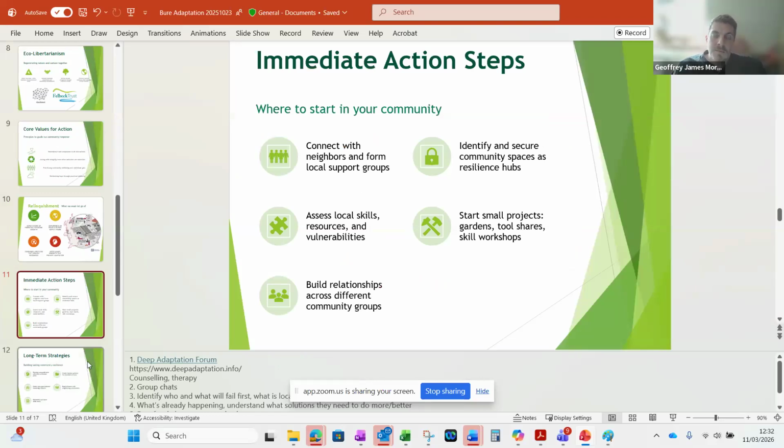So I've just put in some sort of project style steps. The things that communities can do immediately is connect with neighbours, identify spaces to meet, identify local skills and resources, and build relationships. I'd probably start with something like a desktop survey of understanding how many growers you have locally, how many